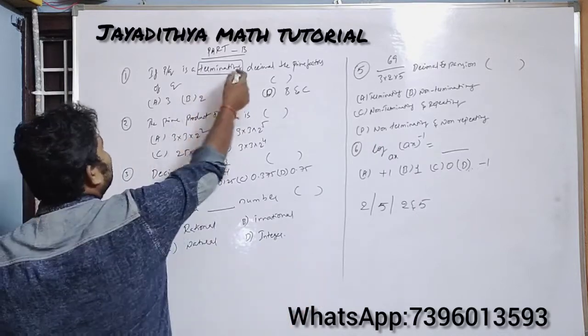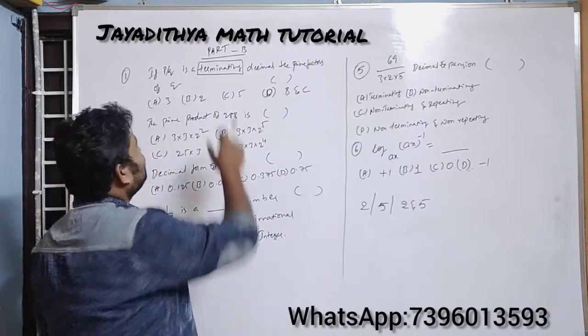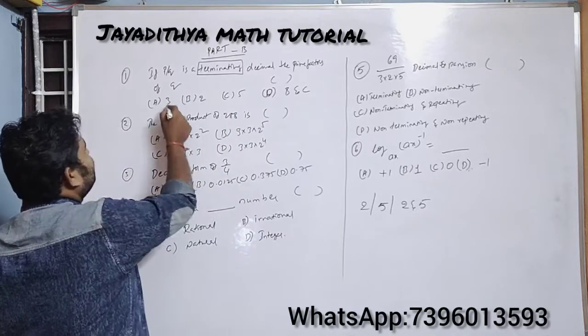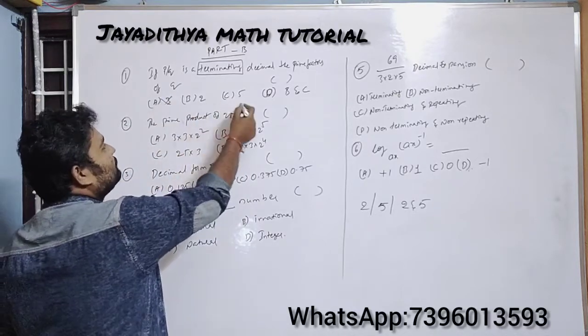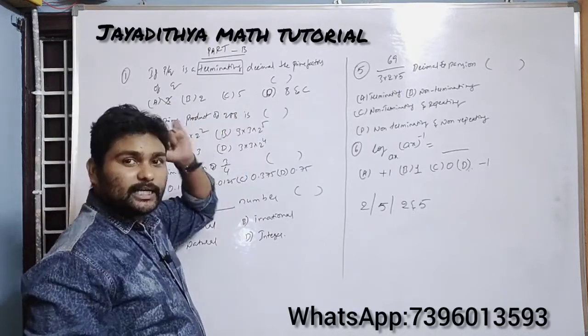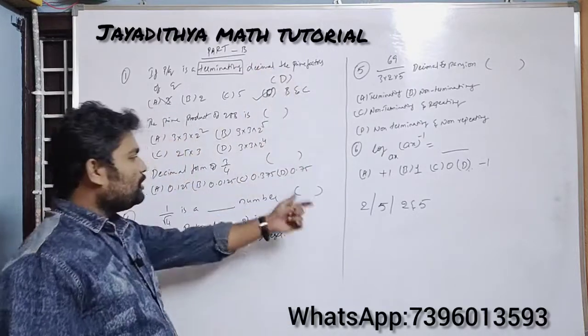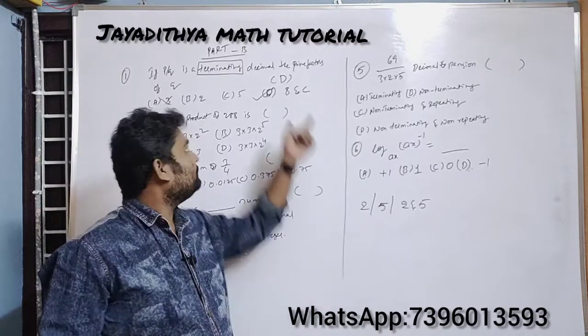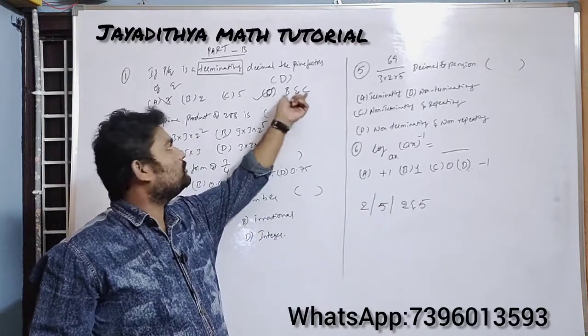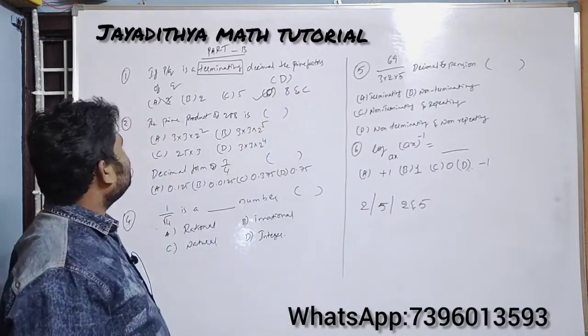So see here, he is asking us, what is the prime factorization of a terminating decimal here? So 3 is not the answer, 2 can be the answer, 5 also. So see here in the option D he has given B and C. So our answer is D here. So why? Because it can have 2 or 5 or 2 and 5. So here he has given B and C, so this will be the best answer. So you can put there D.